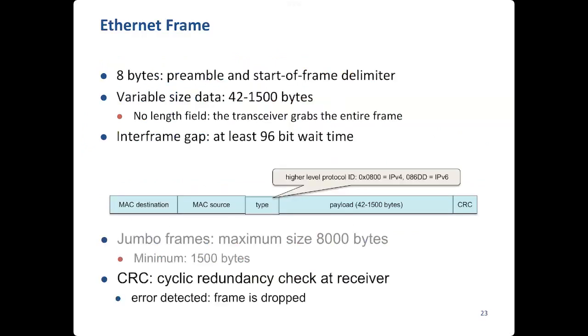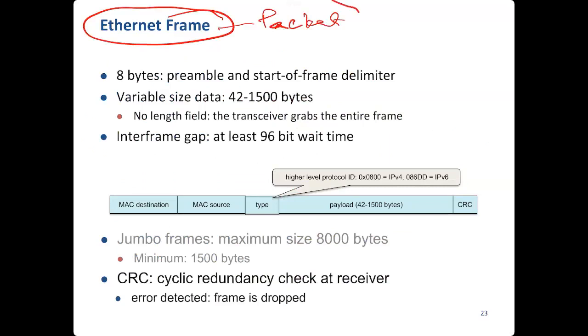Now Ethernet, what is the frame? Ethernet frame or Ethernet packet? Note that we don't use the word packet at layer 2. We use packet only at layer 3 and above. So the frame looks something like this. Any packet will have a source address and a destination address. Even the laddu packet that you receive, your mother will write your home address or her address and your address. These are essential for any packet to reach its destination.